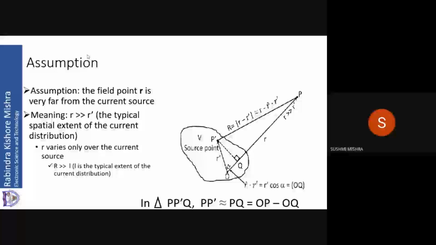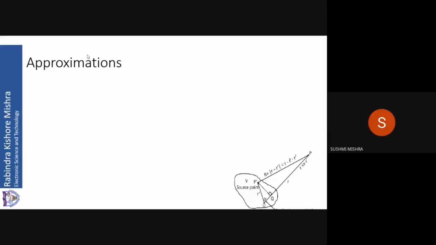So this is 1 mm. You take the sides, hypotenuse and base, to be at least 10 cm or 12 cm. So then you can see that those are almost equal. They are almost joining and they look almost parallel. So that you can see for yourself doing a simple experiment. Now after this assumption, we will do some approximations. One approximation we have just seen. Then let us see those approximations in detail.